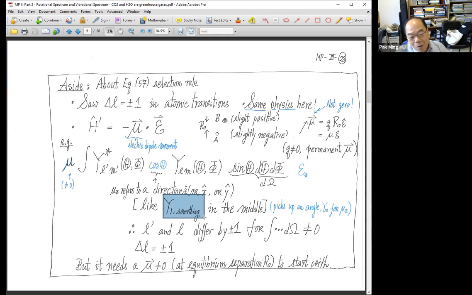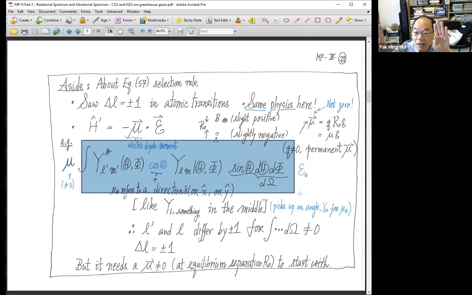Okay, so Y11, Y10, Y1 minus 1, depending on whether it is cosine theta or sine theta, things like that. Nonetheless, when you see cosine theta, I hope that you know Legendre polynomial P1 of cosine theta is cosine theta. You know that, right? And Y1 is related to P1. Okay? So once you realize that what you pick up in the middle is like L is 1, then using spherical harmonics